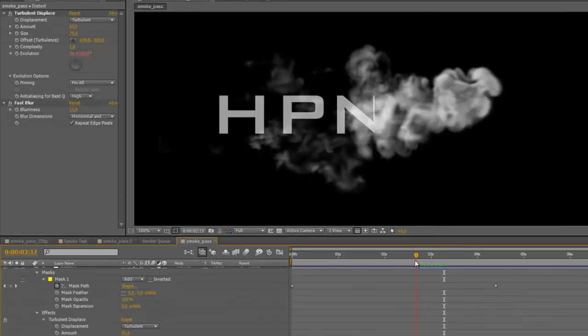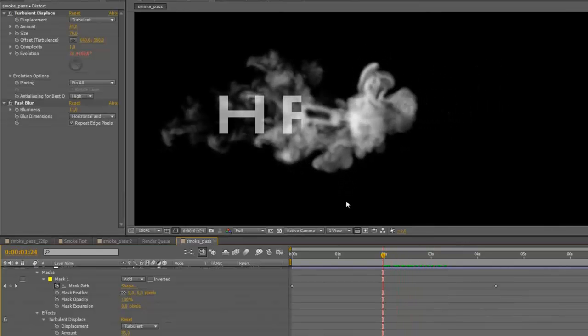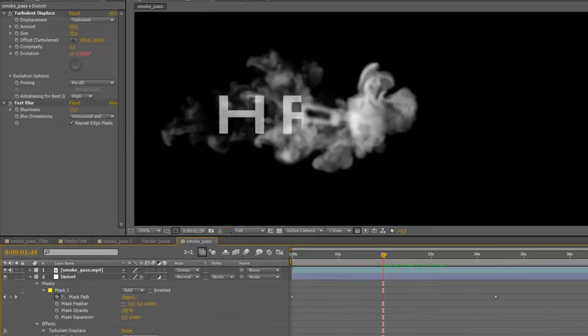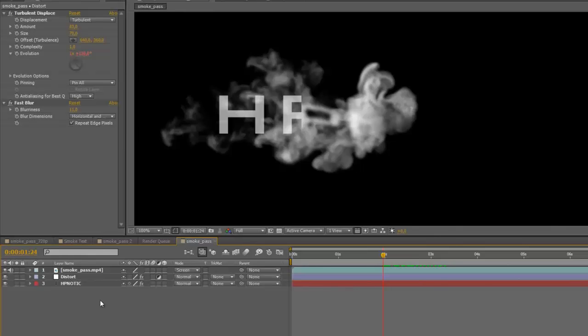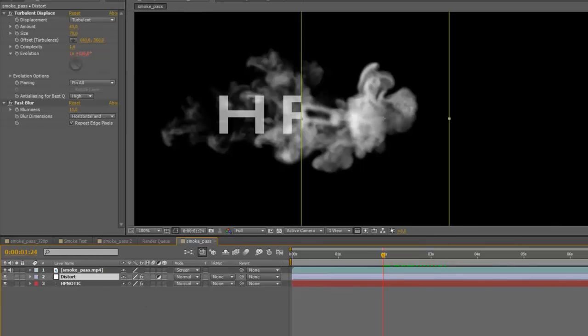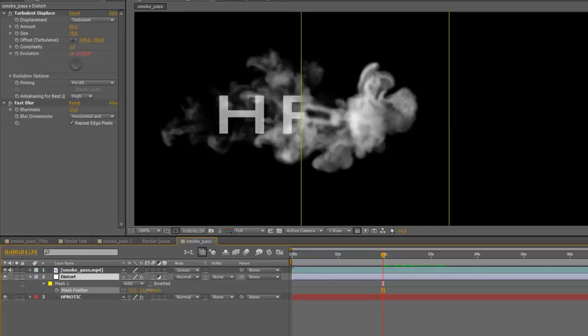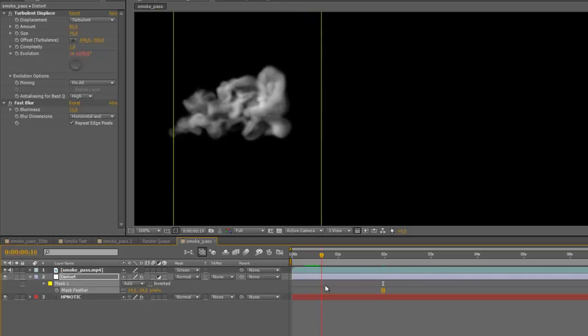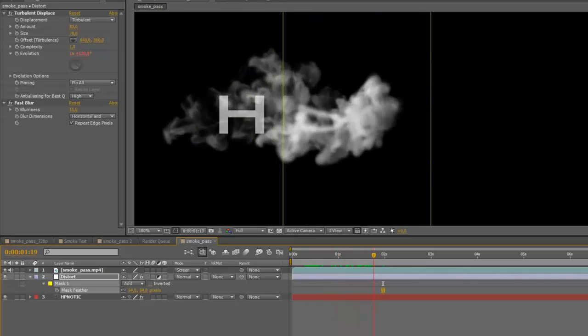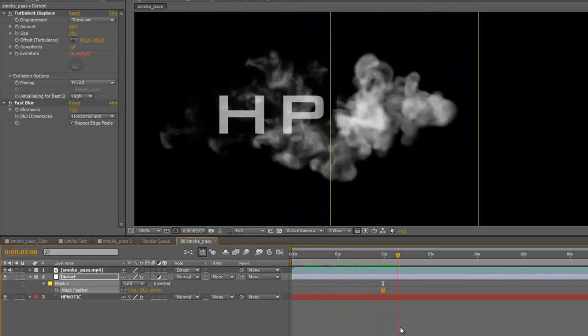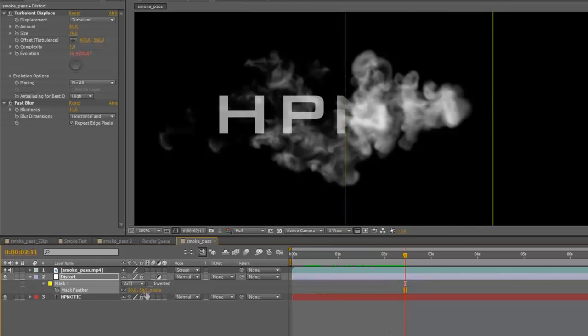Now we are experiencing another problem, which is the harsh edge between the reveal title and the blur title. You will fix that by going back to the mask properties. If they are covered, just select the layer and hit F, it will turn on the mask feather, and turn up that value, and now the blur text gets blended with the reveal text. You may turn it up even more